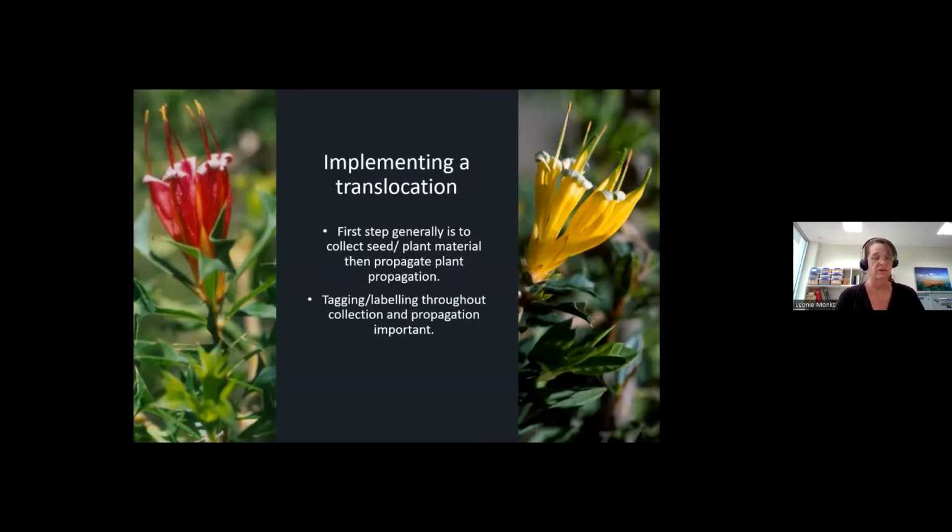the propagation materials through the collection and propagation process, so you know exactly what you're planting. And the example I've got up on the screen here is of 2 subspecies of Hibbertia echinata, both of which we have translocation programs for in WA. And what we found is the labelling was incredibly important for these ones because we had a mistake made when we were picking up plants from the nursery, which meant we accidentally collected several seedlings from the pink flowering Hibbertia echinata, which is on the left there.